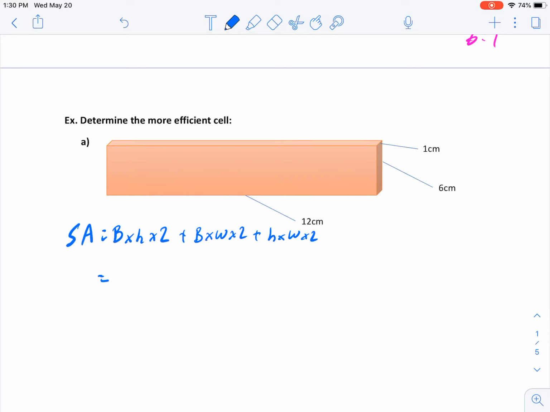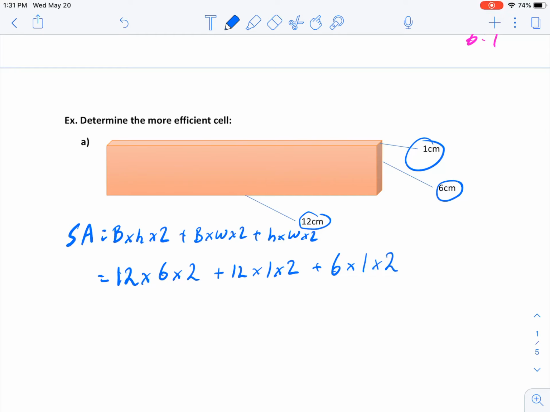I'm going to use this as my base, so 12 times my height of 6 times 2 plus my base of 12 times my width of 1 times 2 plus my height of 6 times my width of 1 times 2. When you add that together, you get 180